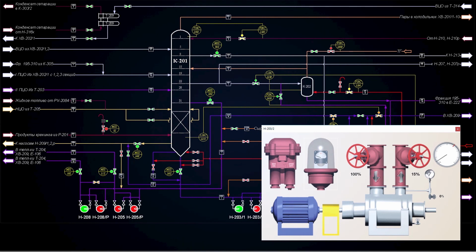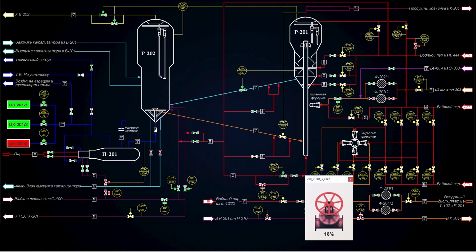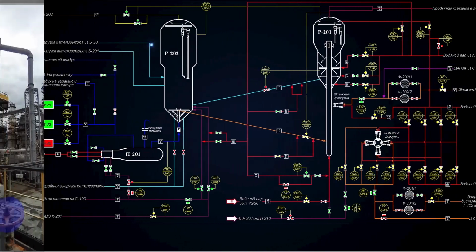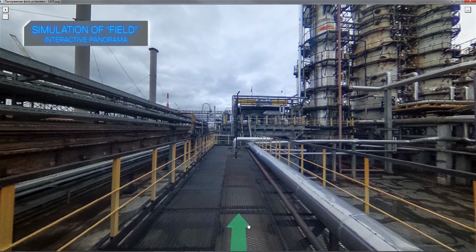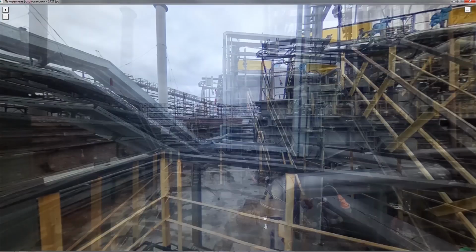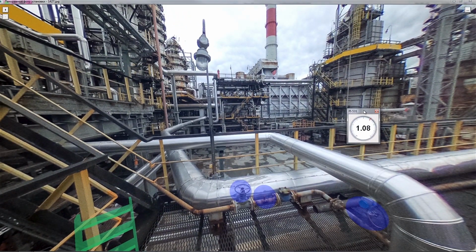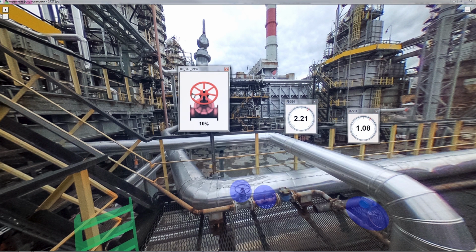Three-dimensional models of manual valves, furnace burners, control organs of compressors and pumps simulate intuitive operator control similar to real-world scenarios. In addition to basic access, control over field elements can be exercised through interconnected panoramic views of the installation territory. This approach allows for the study not only of the impact of local control devices on the technological process, but also the precise location of control elements within the installation's territory.